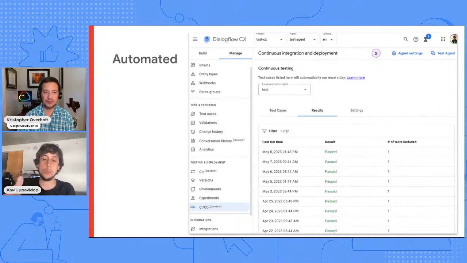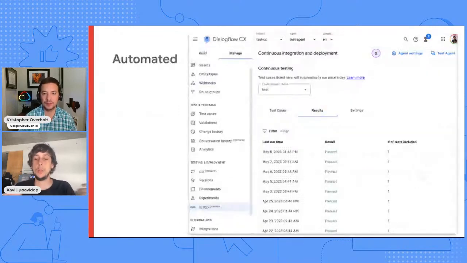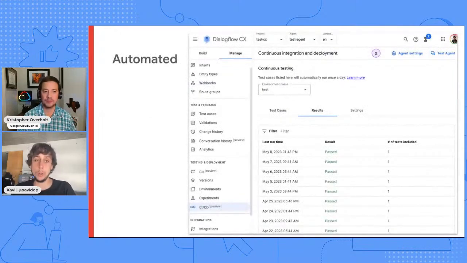For instance, this one is called test, but you can have, as I said, staging, production, and whenever you deploy a new version to that environment, all the tests that you have saved are gonna be executed there, which is pretty cool, because you are gonna